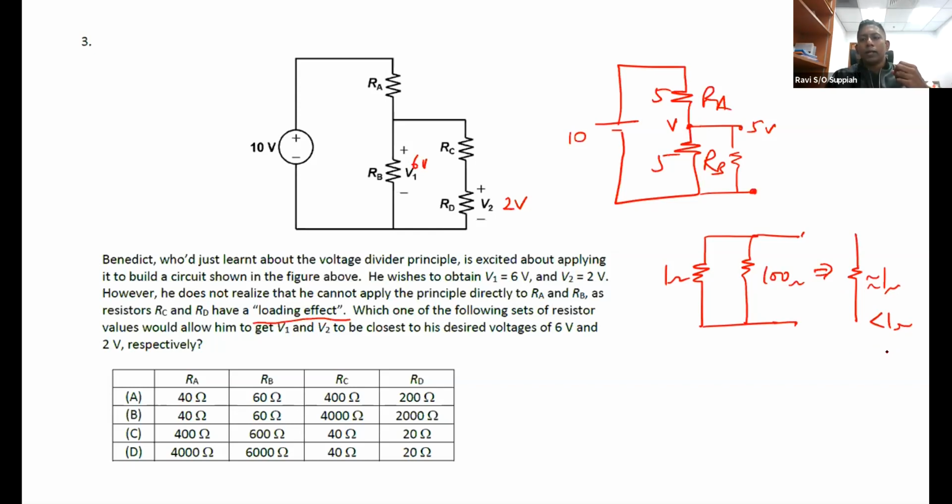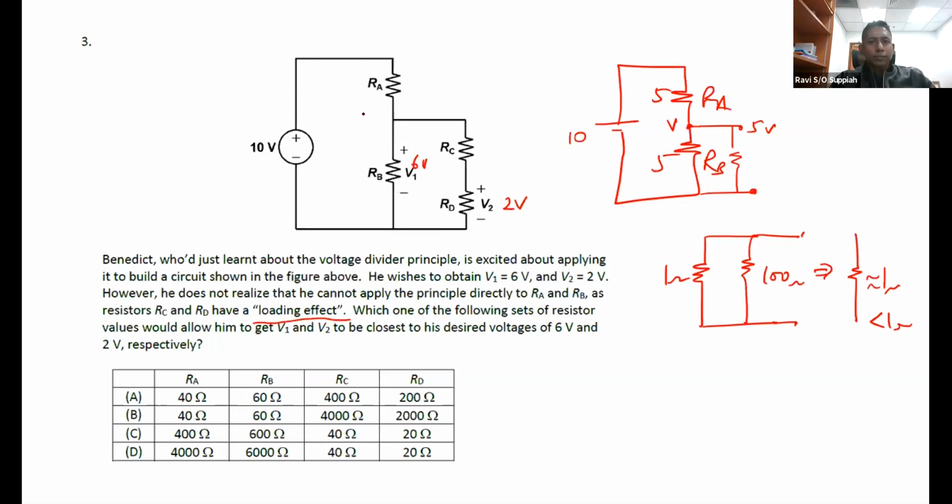All right, so that is the rule of parallel resistances. When I connect multiple resistors in parallel together, the combined resistance will always be smaller than the smallest resistance. And if I have two resistors or multiple resistors, it will always lean towards the lower end. Correct? So if I have two resistors, both very extreme, one very small and one very large, the effective resistance will always go towards the very small resistance. Okay, so in that case,